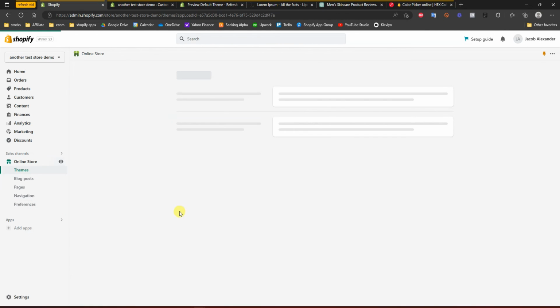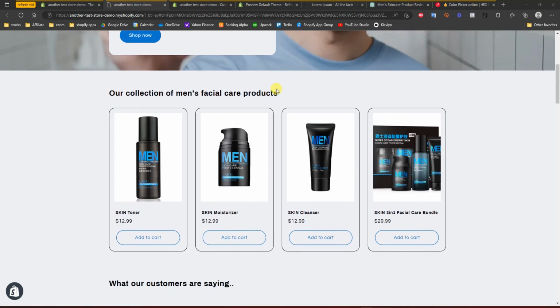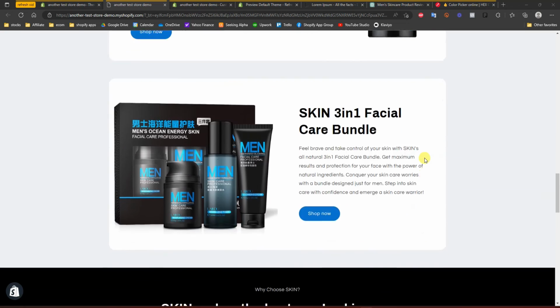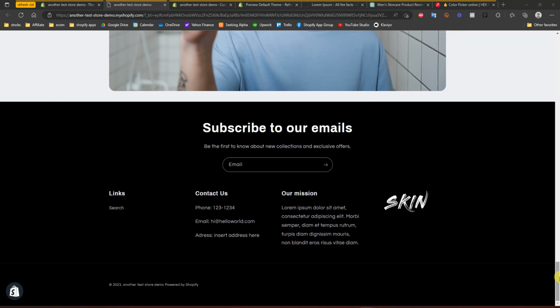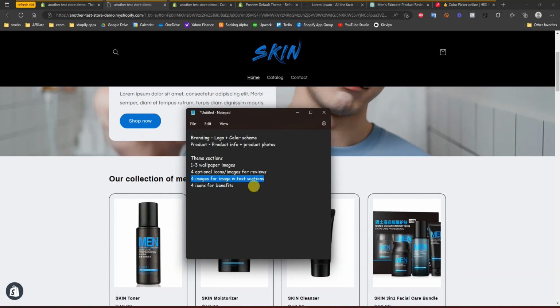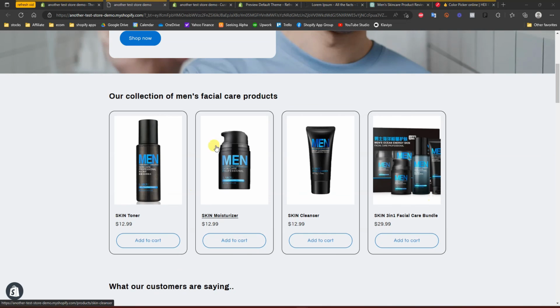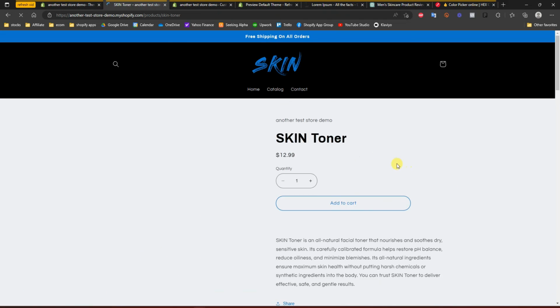and we're going to just take a look at what it looks like live. So now we're looking at the store live, and we can see that it looks pretty good. So we can take a look, scroll down, and we can see that it looks clean, looks professional, and it only took us about 30 minutes. Like I said, if you have all of this required information up front, it's going to be very easy. And then all you have to do is rinse and repeat this exact same process with your individual product pages